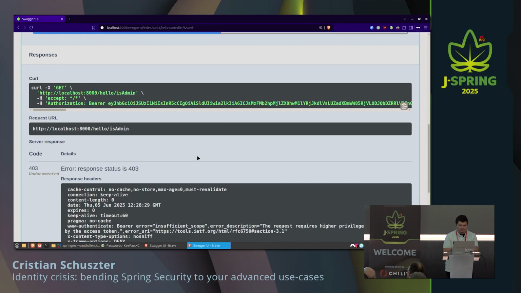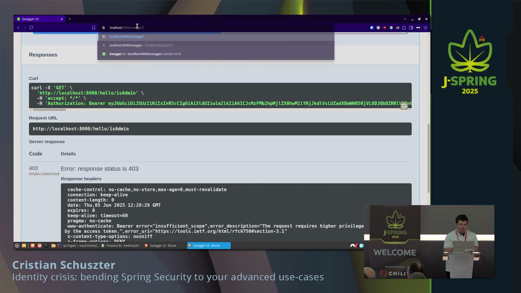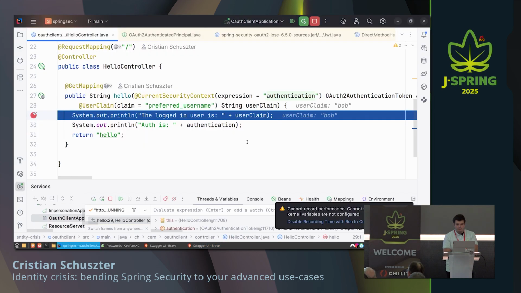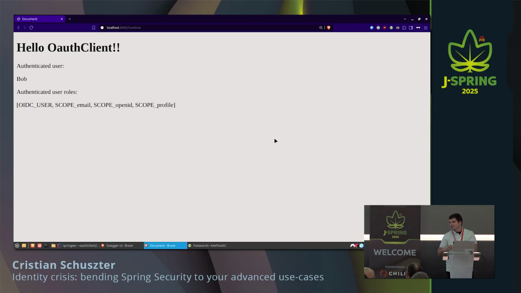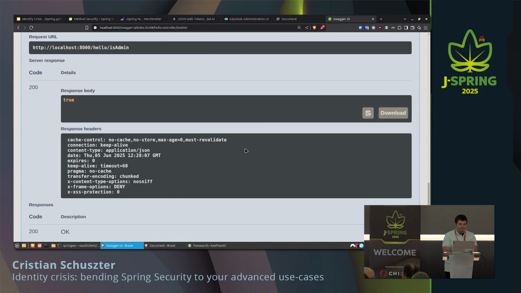Now, if I... yeah, you see, so I'm logged in as Bob because it used this beautiful SpEL expression to get the preferred username out of my JWT token, right? And this is great and very useful for me, especially as an application developer that maybe doesn't care that much about all the Spring Security stuff, and I just want to get my job done for implementing a certain feature. All right, now,